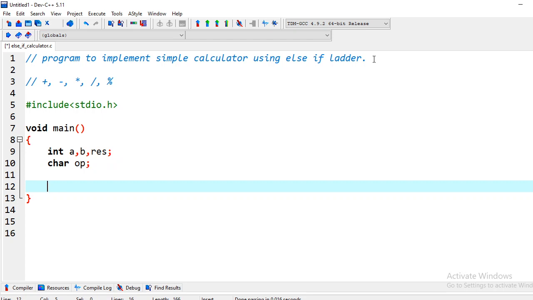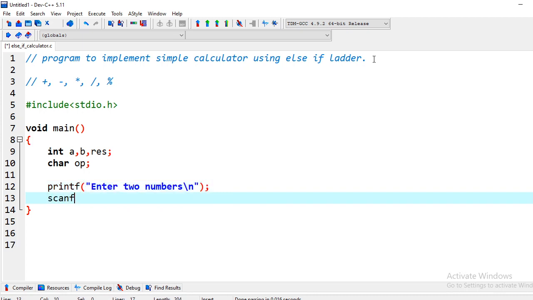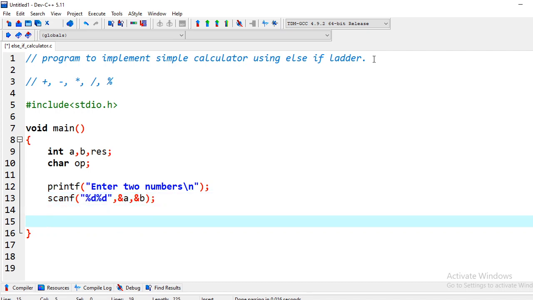Now we need to take the input. Variable declaration is done. After that we need to take the input, but before taking the input we will print an instruction for the user. Since these are binary operators, we will print this line, enter two numbers, right? Because two numbers will be required to operate on these operators. After that we will write the input function, and we will take the input. Both the variables are of type integer, and the names are a and b. So the numbers we have taken as the input.